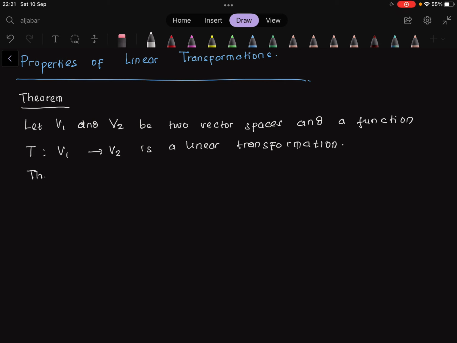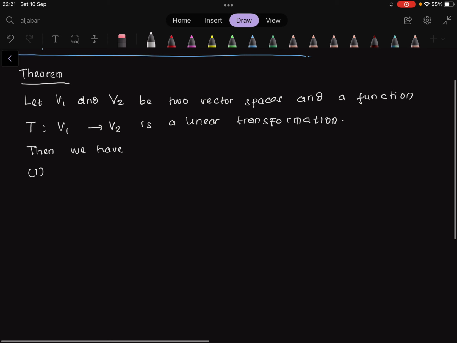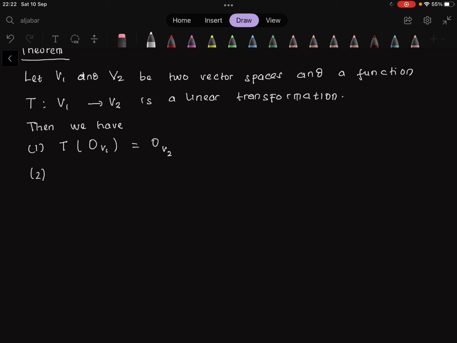Then we have the first property. T(0_V1) is equal to 0_V2. So this is the 0 in V2. And then T(-v) is equal to -T(v). This is for all